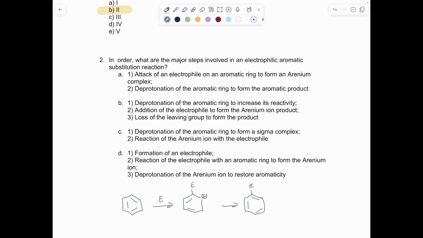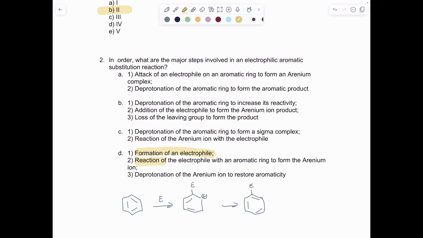So this is the general steps that we're going to take, but we know that benzene is incredibly stable due to its aromaticity. So before it's able to react with the electrophile, we need to do something to make the electrophile electrophilic. So it's not going to react with some of our normal substituents that we've seen with double bonds before. So step 1 is always going to be formation of the electrophile, which when I'm looking at these multiple choice answers, the only one that accounts for that is option D. So it looks like D is going to be our correct answer because it starts with formation of an electrophile,